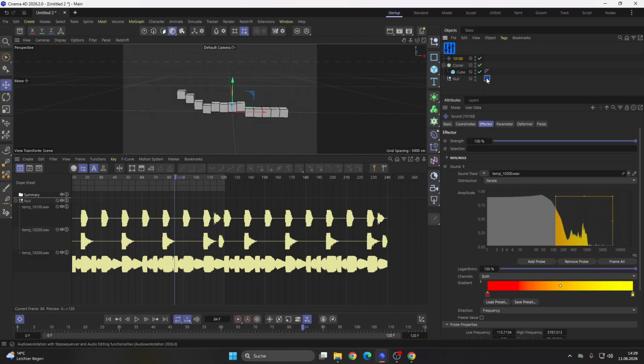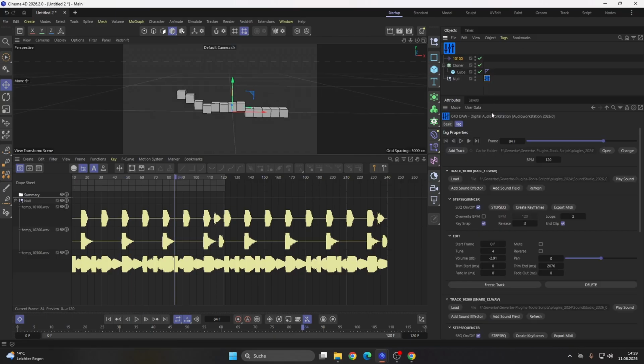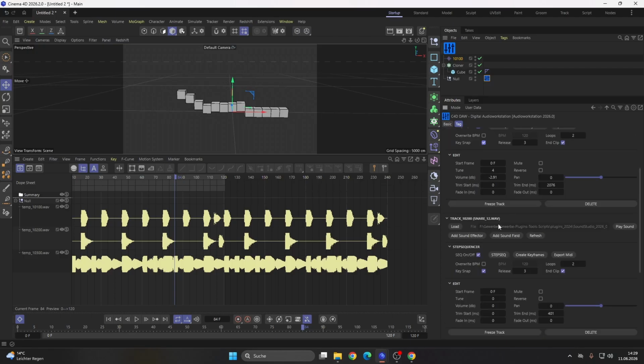Yeah, and the same goes for the snare drum. Simply go ahead and say here snare drum like this, refresh it, then it's with